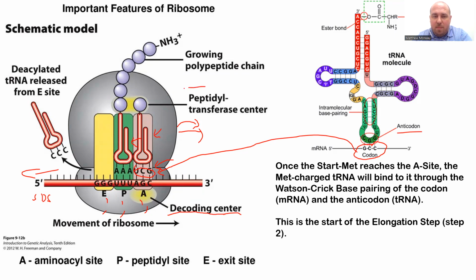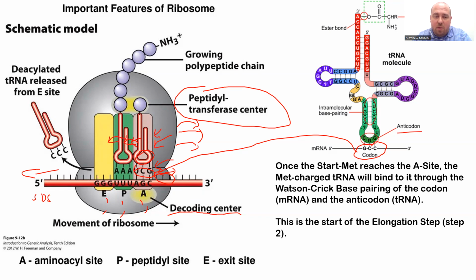And this is where you'll get a peptidyl transferase reaction, where you'll create a new peptide bond. And then once this occurs, the next tRNA will bind to the next codon. And then when this occurs, again, the small subunit will shift, and then this will cause the large subunit to shift. And so this first tRNA then moves to the P site, then moves to the E site, or the